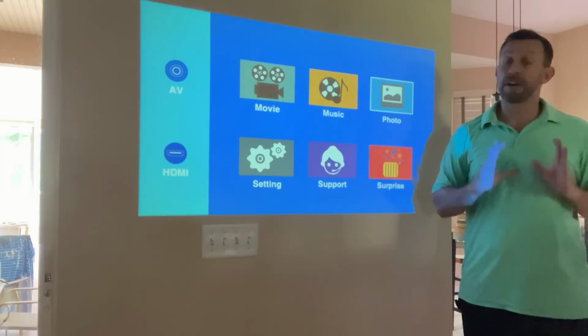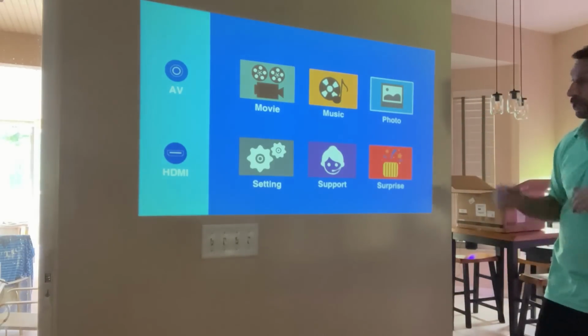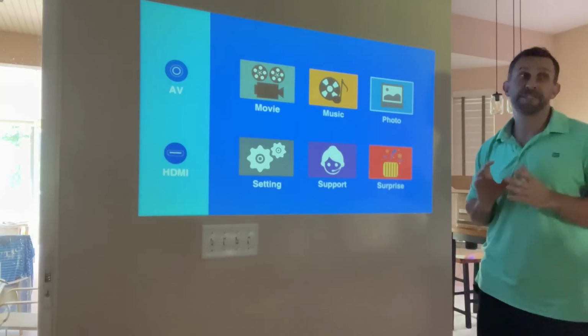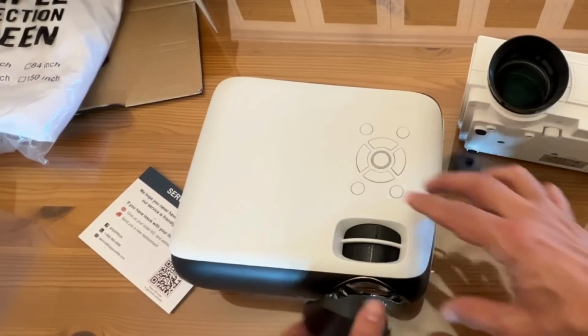On our first projector, let's see what I can tell you. This is the main display that we're showing you here: the movies, music, photos, settings, etc. It's very easy to adjust the focus. It's got a big focus wheel. And I tell you what, the